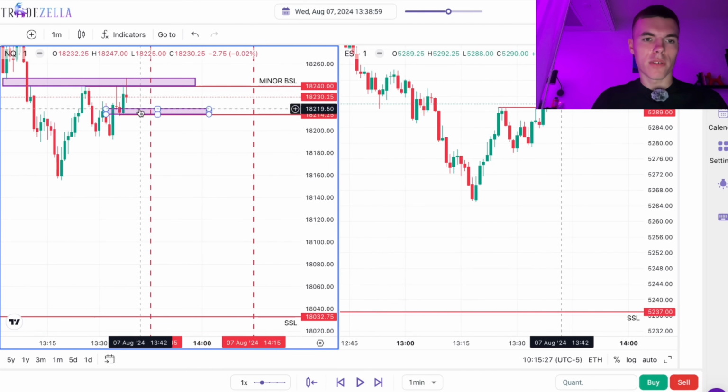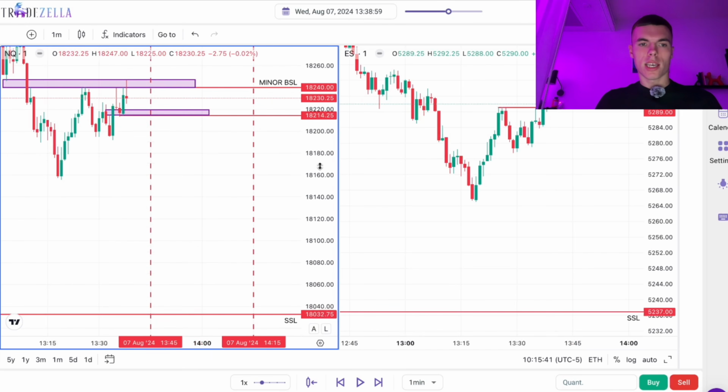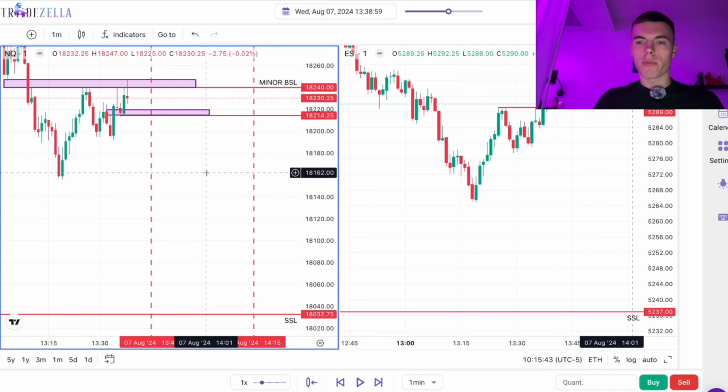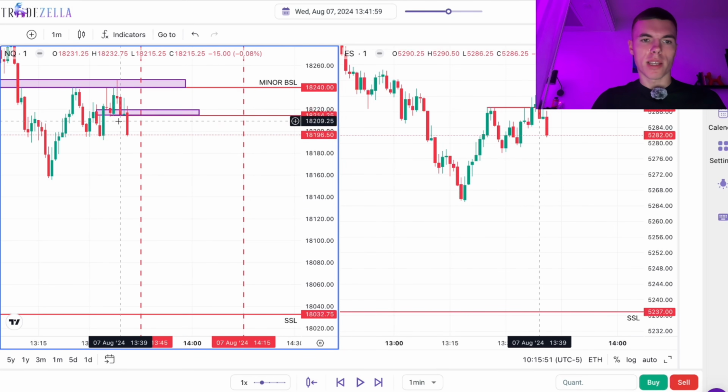So we'd have an inverse fair value gap along with the displacement, and a displacement below this order block would then turn into a bearish breaker, which paired with a fair value gap would be the 2022, or you can call it the unicorn model, and then we can target that point of sell side liquidity. So let's see whether we get a clean displacement lower. Okay, so as you can see here, price has displaced lower,